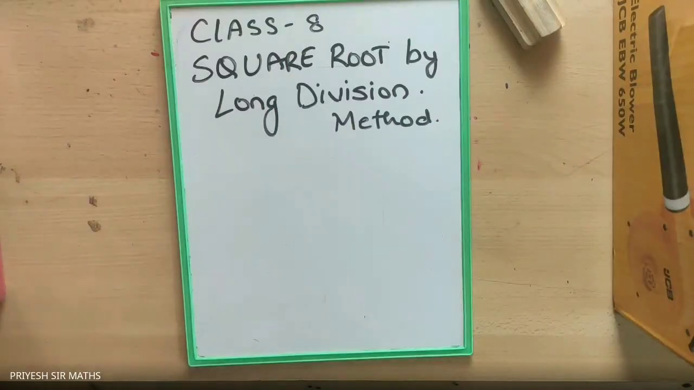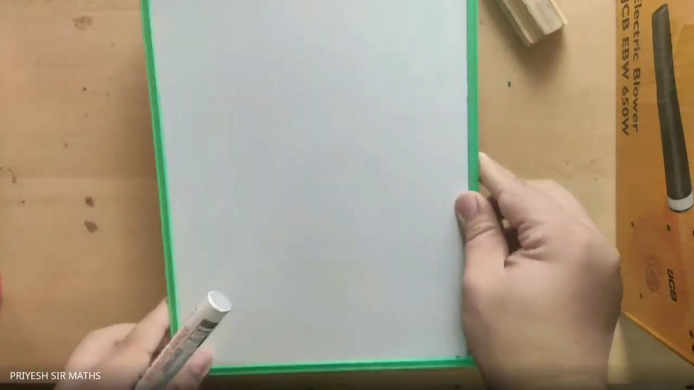So today's topic is square root by long division method. You all know how to find the square of a number. But today we are going to see how to find the square root of a number by long division method. So you know that